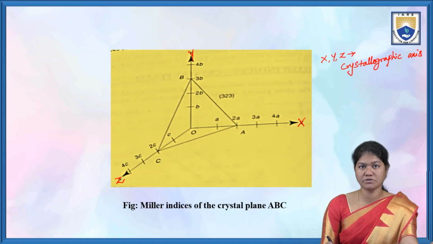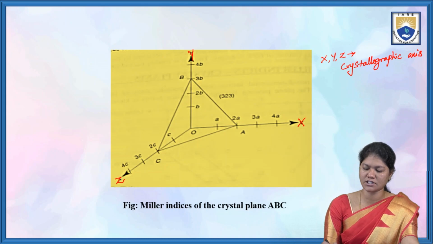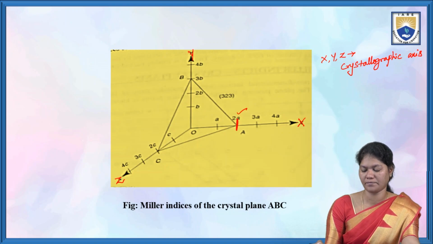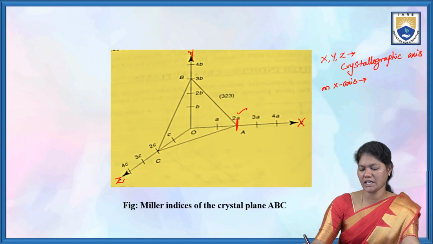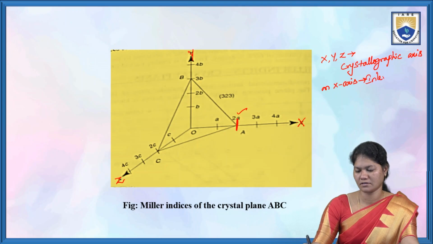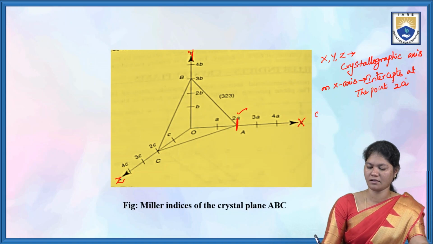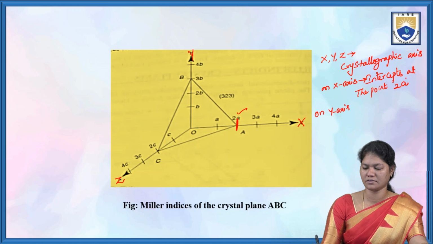Now the intercepts of the plane on the crystallographic axes: on the X axis, it intercepts at the point 2A. On the Y axis, the interception is